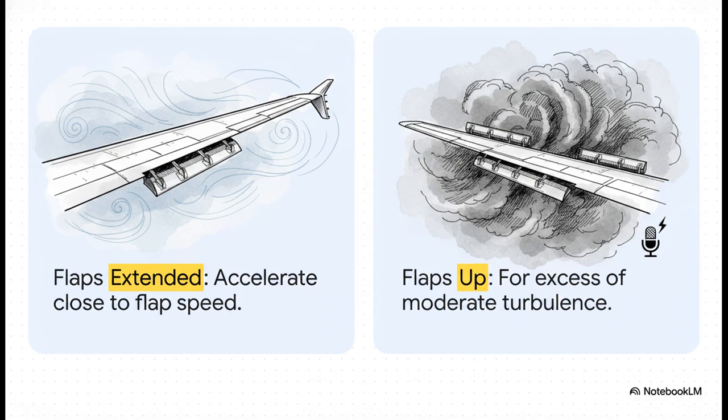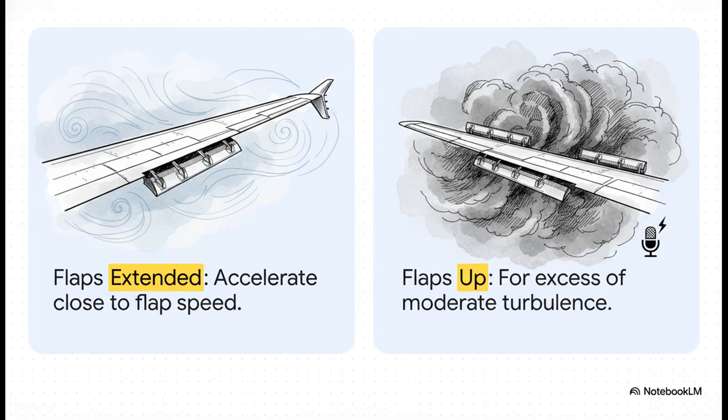If you're holding with flaps extended, you require much greater protection against stalling than normal. You've got to accelerate to a speed that is close to but absolutely does not exceed the flap placard speed. However, if the turbulence intensifies beyond moderate, the rules completely change. It's recommended to pull the flaps up, hold at your designated turbulence penetration speed, and immediately inform air traffic control